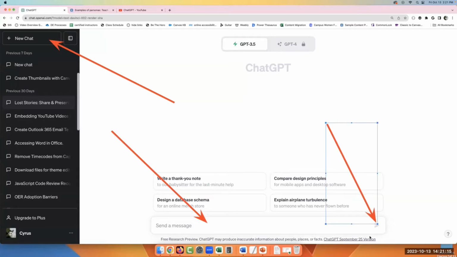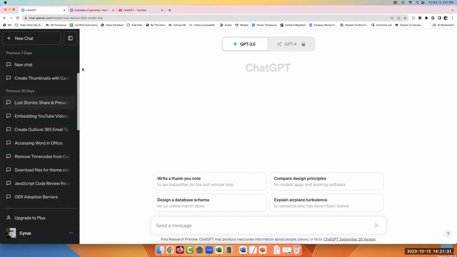Once you've typed in your prompt, you're going to click that little paper airplane to send that off to ChatGPT, who will then generate a response. So it's quite a nice, simple UI, which I appreciate as a design-minded person.